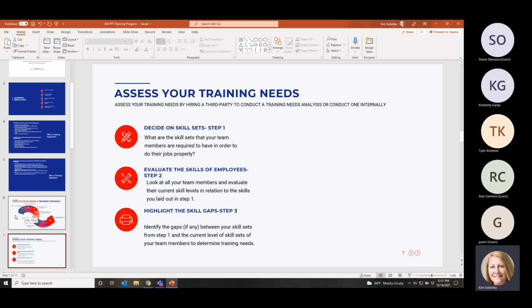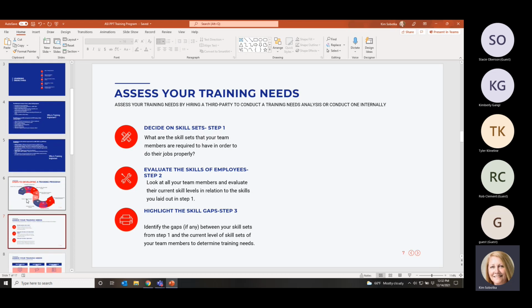If you run into a question or you don't know where to start, there are companies that can help you do a gap assessment of your training needs. Again, I'm going to give you my number afterwards and we can talk about that a little bit in depth. There's no reason why you guys can't create your own once you figure out those 8 steps that we covered on slide 6. And again, you're going to be able to refer back to the YouTube channel to look at that, because those steps are not going to change.